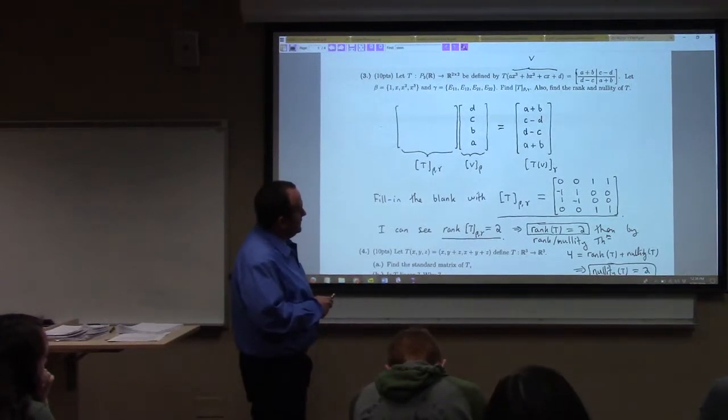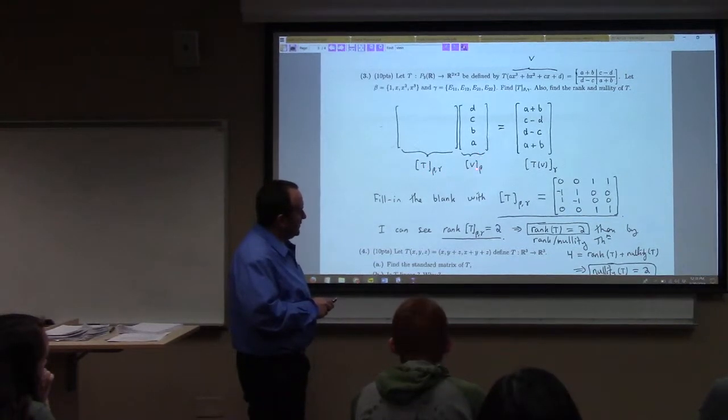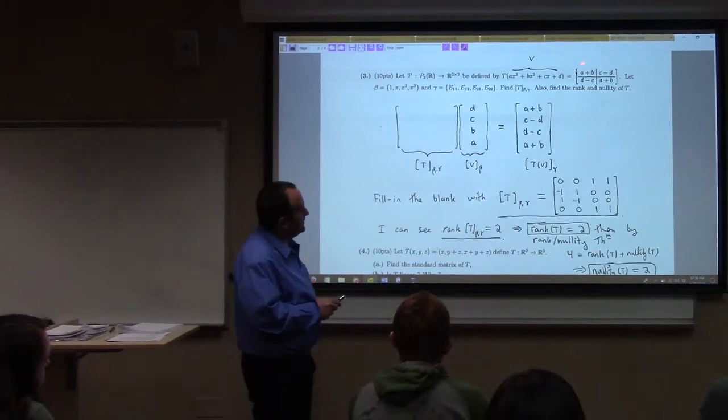So again, it's whatever I put here such that the matrix of T with respect to beta and gamma times the coordinate of v with respect to beta gives me the coordinate of the image with respect to gamma. So here, since gamma is the lexicographic basis for R2x2, some people would say the standard basis for R2x2, I can read from the formula that that's a plus b, c minus d, d minus c, a plus b. And over here,